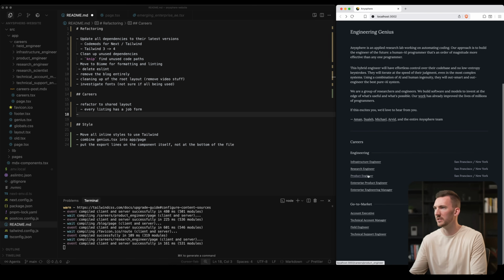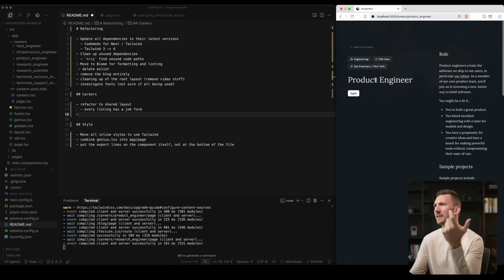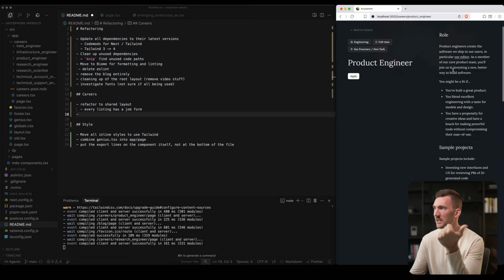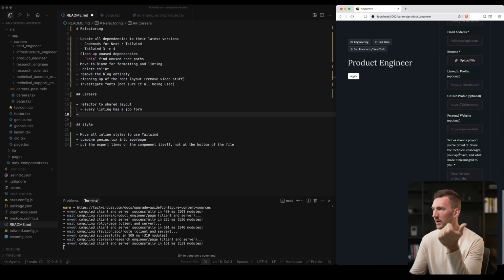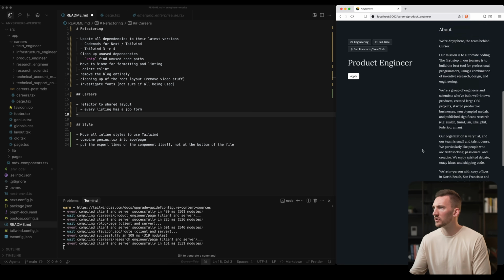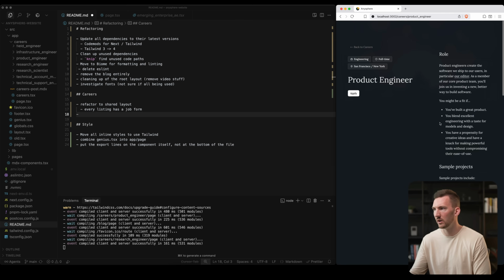So let's click on one of these, for example. You've got information about the job, you've got the role, and then there's a form at the bottom where you can submit. And this form is going to talk to the API, which I think we're using Ashby here, which is like the HR system. So we should be able to also read all of this information from Ashby. So read job listings from Ashby,